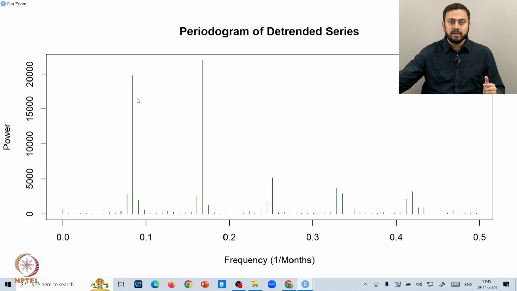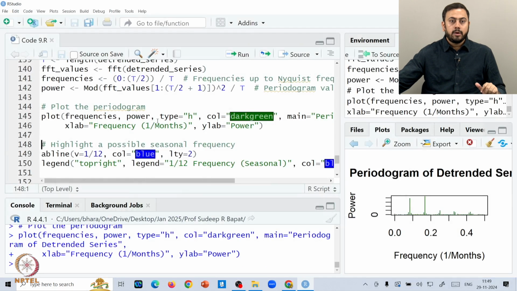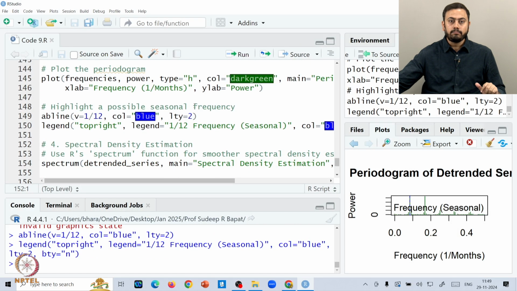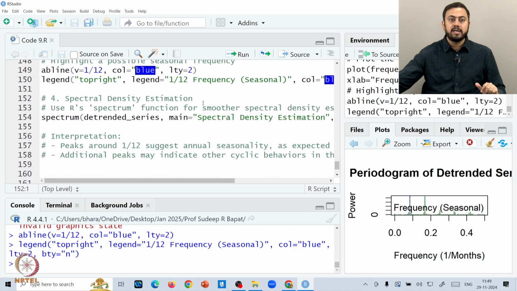So the first significant frequency appears at 0.08 roughly, and the second appears somewhere around 0.17, 0.18 in that range. Alright, and then again as before, we can highlight the significant frequencies with a legend and so on and so forth. And then the last thing is spectral density estimation.